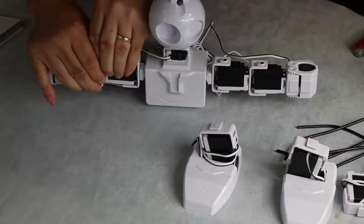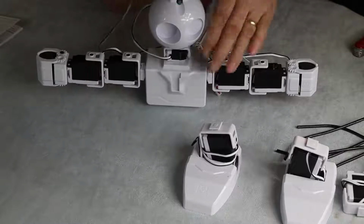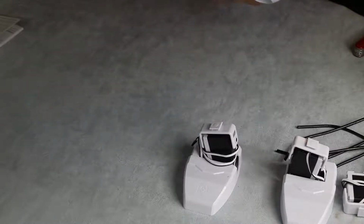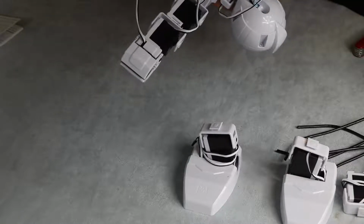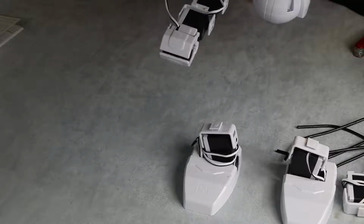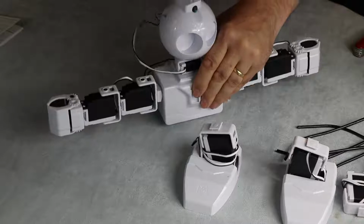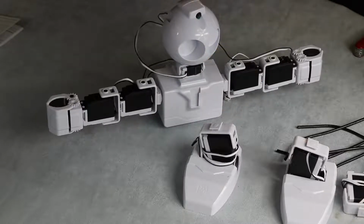Squeeze that in, squeeze that in, and this goes across to port 9. We really are getting tight on here now. Port 9,